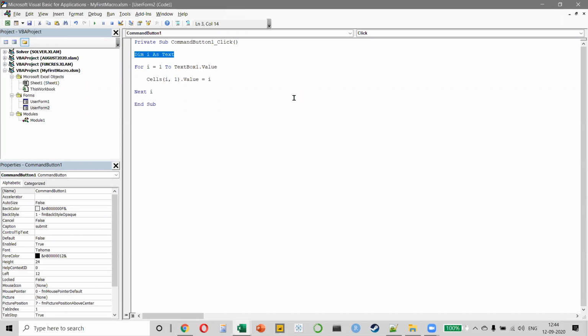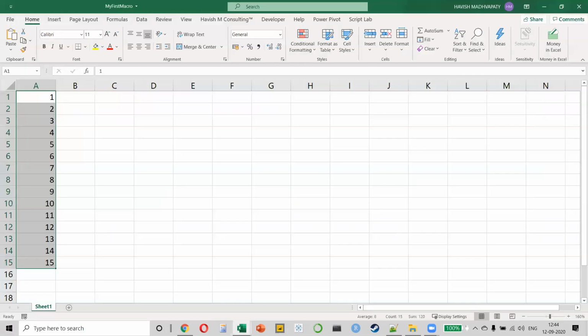So what we can do here is, if you want it to be converted to a text, let me show you that also. This is a good example. See, if you have written some values in A1 to A15, and obviously this has to be a number, otherwise the loop will not run. But after running the code, you want this to get converted to a text value, right? So how do we do this?